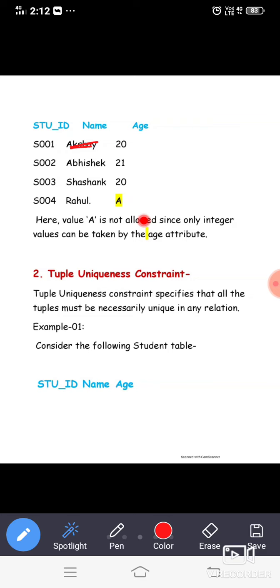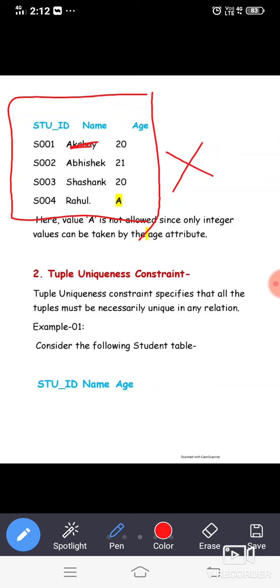So assuming that you understand this one, we are going for the next concept. Here tell me, is it following the constants or is it not following the constant? I am waiting for your reply. Give me the fast reply. Is this following the domain constants or is it not following the domain constant? Tell me, following or not following? You have to give me a reply like following or not following. Is this particular table following the domain constants or not following the domain constants? I am asking.